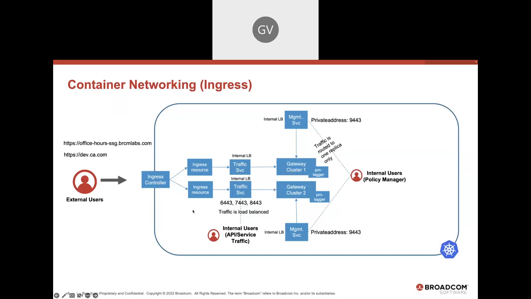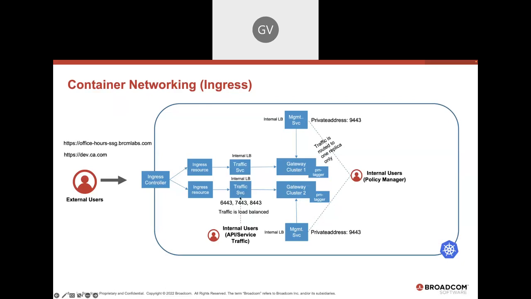Now, for this model, basically you can have additional ports from inside your own network. So if you had, potentially, an FTP endpoint or some other protocol that you wanted to expose internally but not externally, then you could have that model configured there. Any additional ports that you want to expose internally, you can access directly in whichever protocol you want, and that's going to go directly into your gateway cluster,